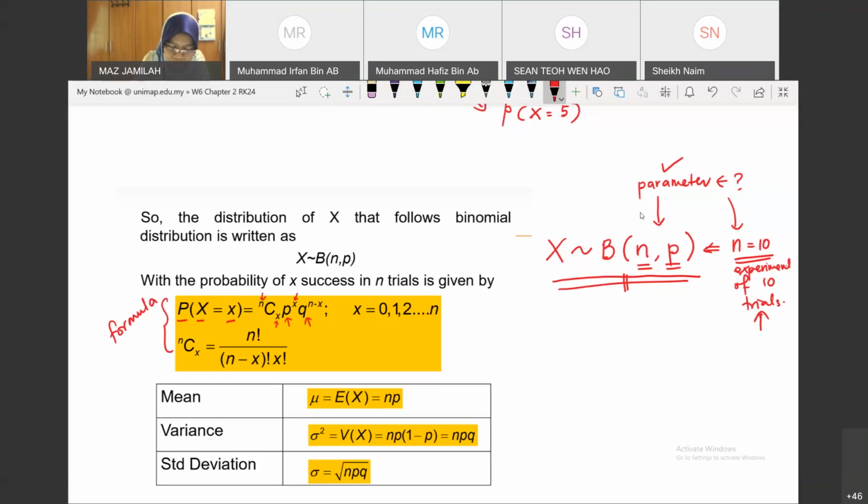So this is the probability of success, this is the probability of failure, and the probability of failure is to the power of